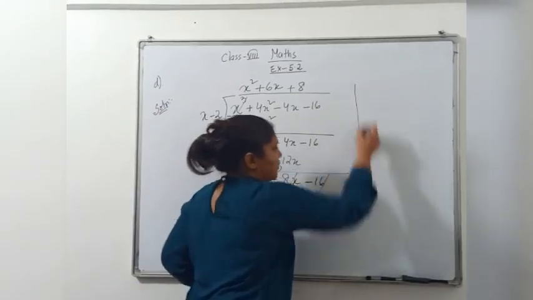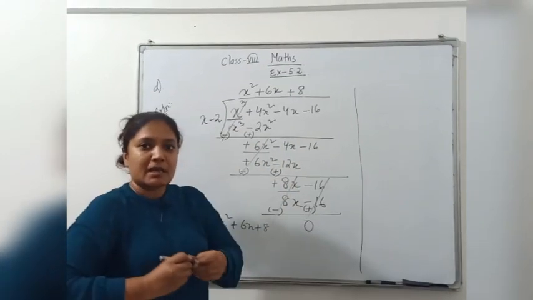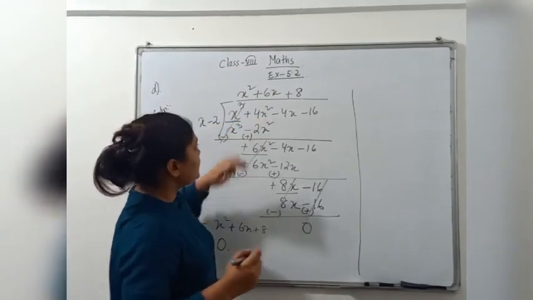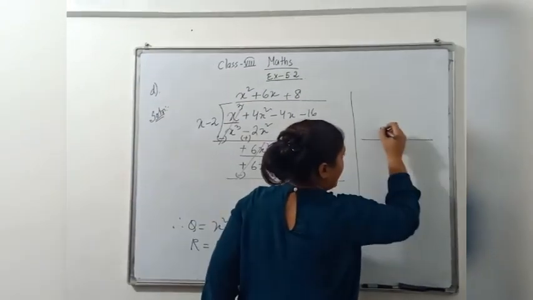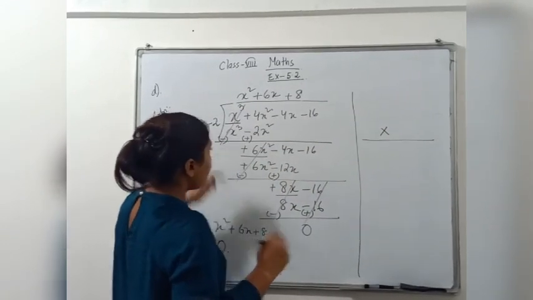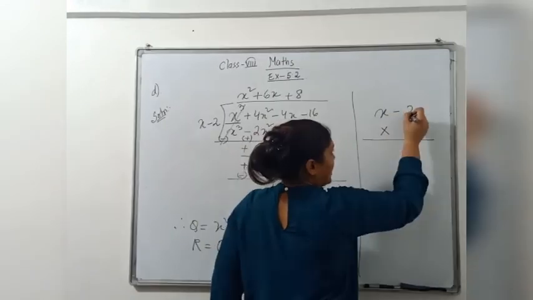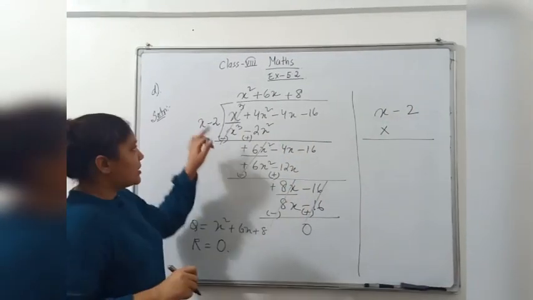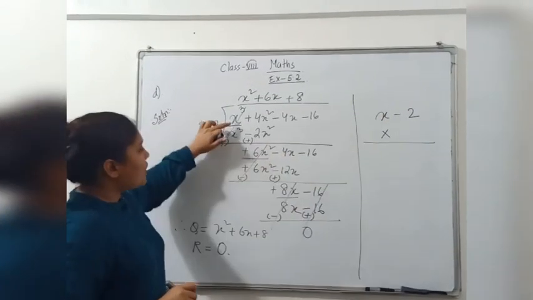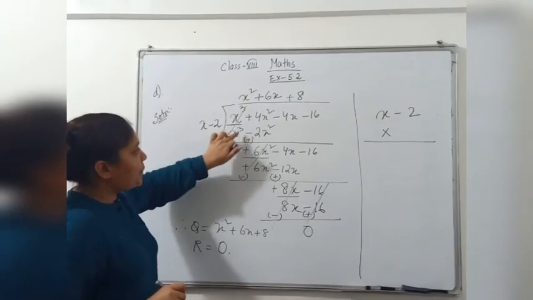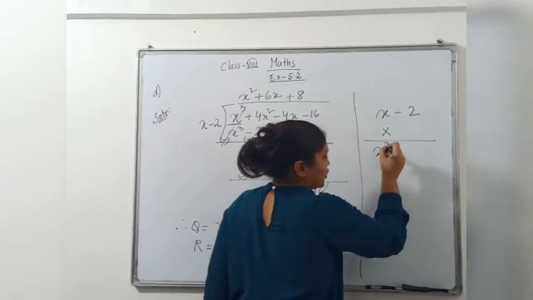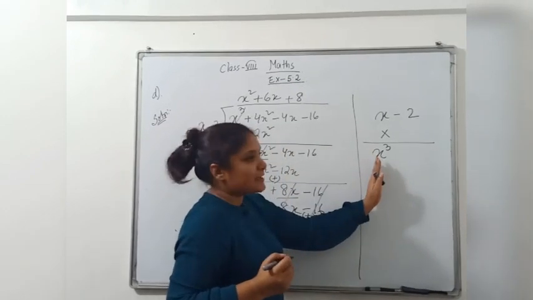Now just see students how this first line came. Just let me make your concept a little more clear. Suppose you multiply x minus 2, right students? This is what? X minus 2. We are writing here our divisor. Now your first number is what? X cube. Your first number in the question is x cube. So just mention right here x cube, not back side, in the front side.